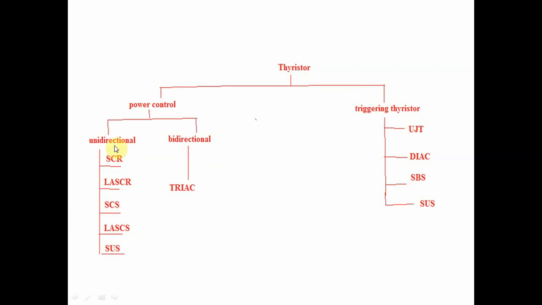Unidirectional thyristors are classified into SCR, LASCR, SCS, LASCS and SUS. But the bidirectional thyristor is the TRIAC. Now triggering thyristors are UJT, DIAC, SBS, SUS, etc. In this chapter we will study all these devices step by step.